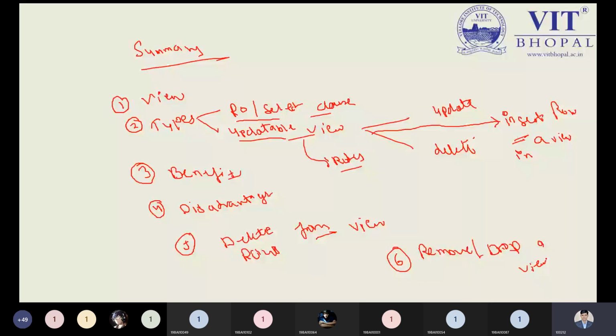Of course, we will have the practical of views: how to create and how to drop. We will try to update the actual table by using the updatable view. And if time permits, we will see some nested queries practically using the IN operator.